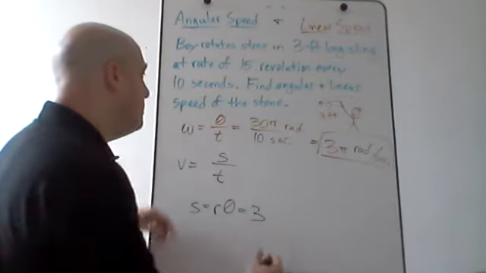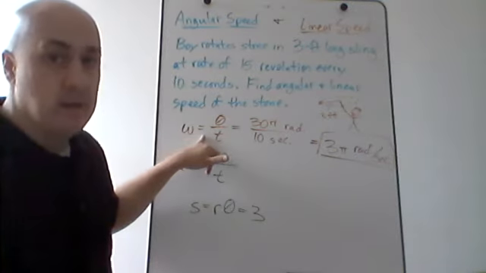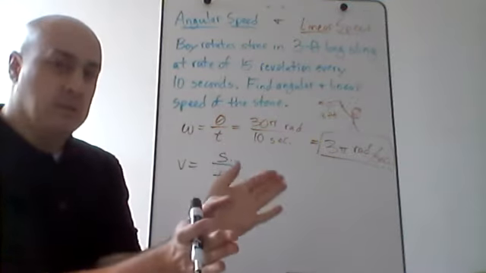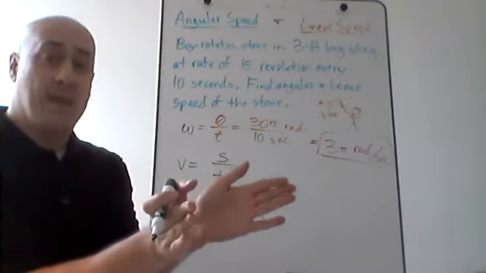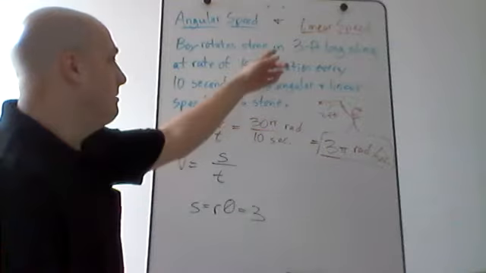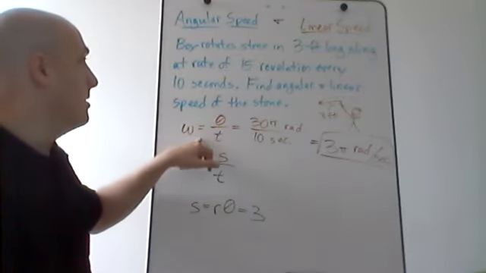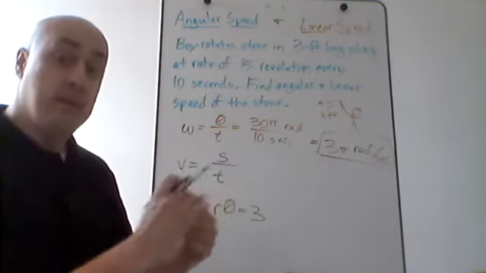Notice we don't need to use the radius to find the angular speed. The angular speed is just the rate that the angle is changing. The length of the radius of the circle has nothing to do with how that angle is changing, right? So the radius doesn't come into play when I'm dealing with the angular speed, but with the linear speed,